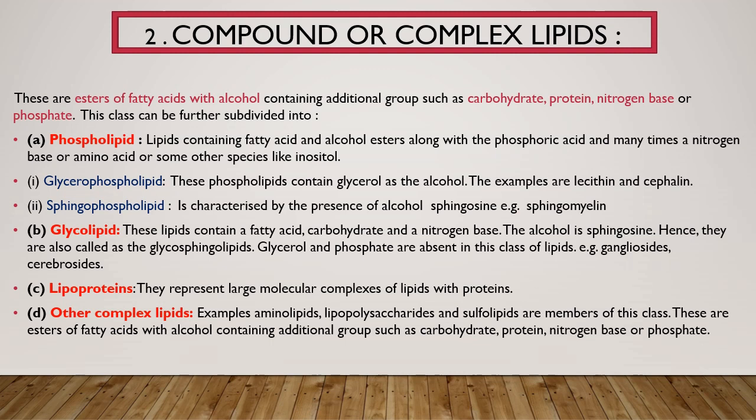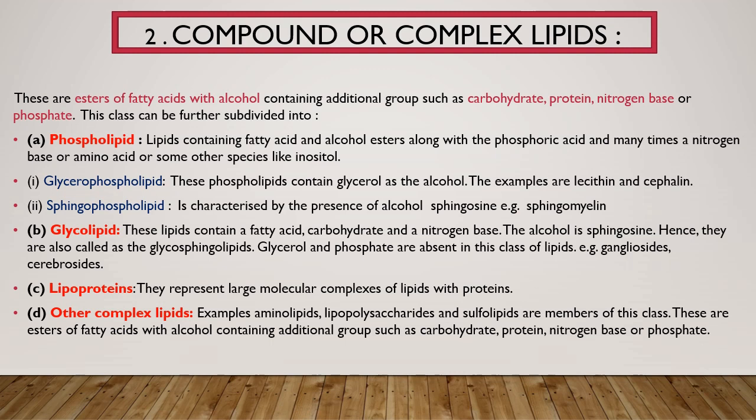Glycolipids are lipids containing fatty acid, carbohydrate and a nitrogen base. An example is gangliosides. The lipoproteins are larger molecular complexes of lipids with proteins. And the last one is the other complex lipids. These are the esters of fatty acid with alcohol, basically containing an additional group like carbohydrate, protein, a nitrogen base